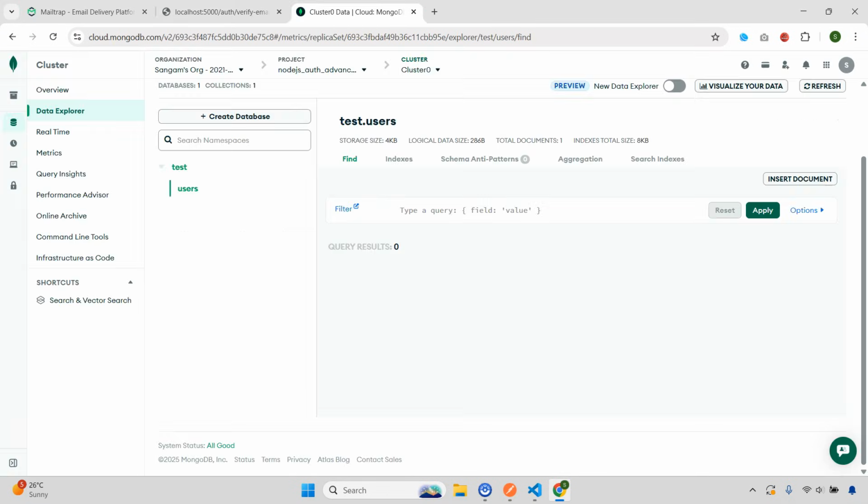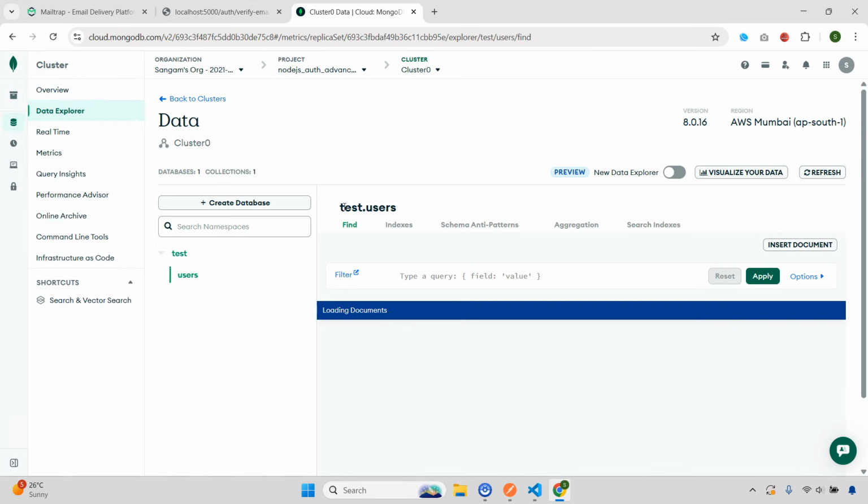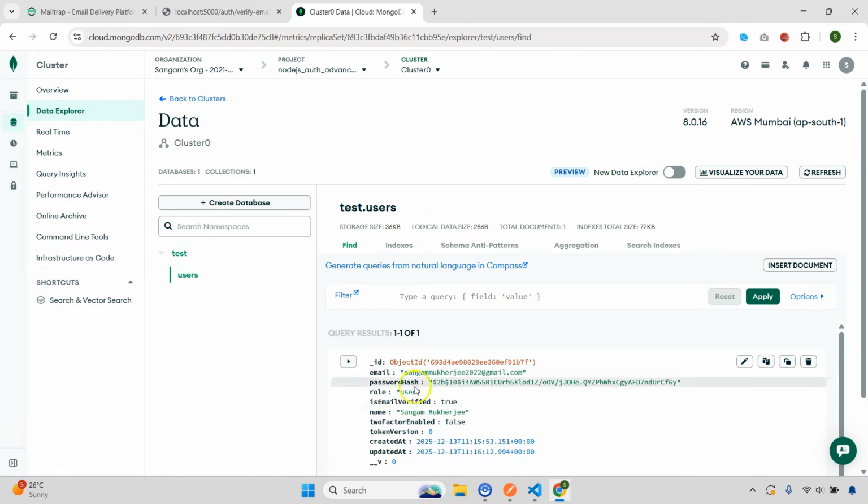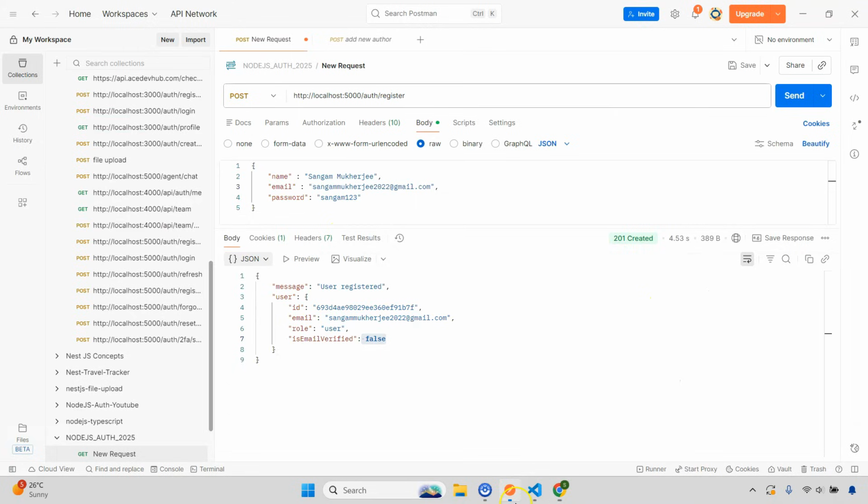Email is now verified. You can log in, and if you just refresh this here. Okay, let me refresh this. Now you can see email verified will be true. Fantastic. So that means this is working fine. So email verified is now true. And now what you can do,